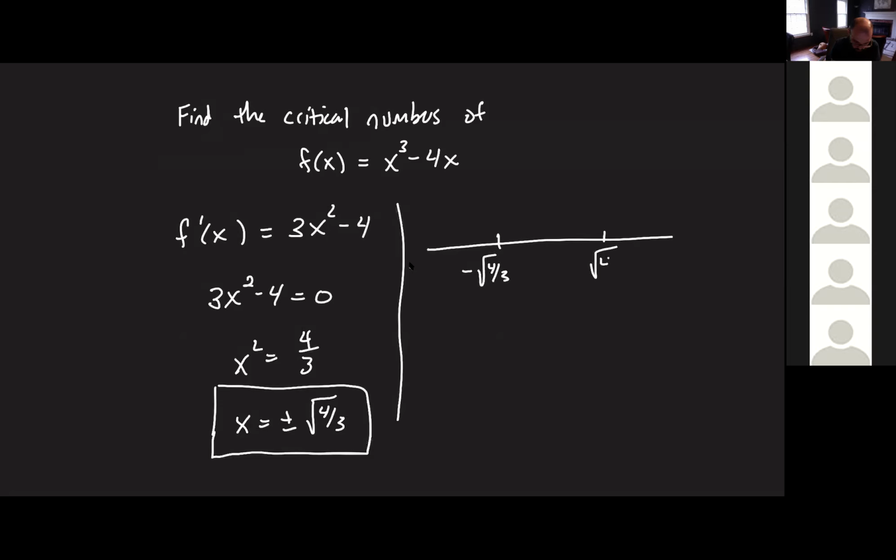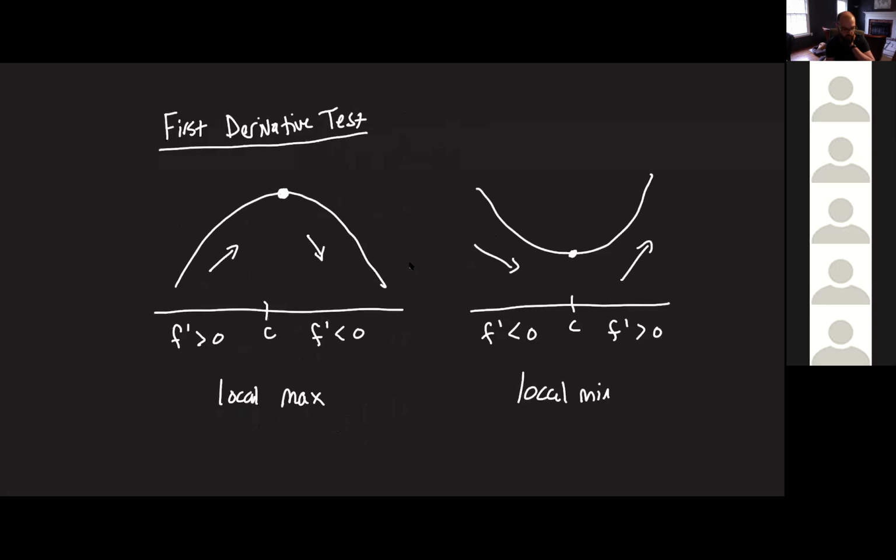And we are going to go ahead and think about these values. So what we're going to do is this is going to be a sign chart for the derivative. So going back to this screen, what I want to know is if I'm to the left of a critical value, is my derivative positive? And then if I'm on the right, is it negative? Right, so we're only going to be concerned as to whether the derivative is positive or negative,